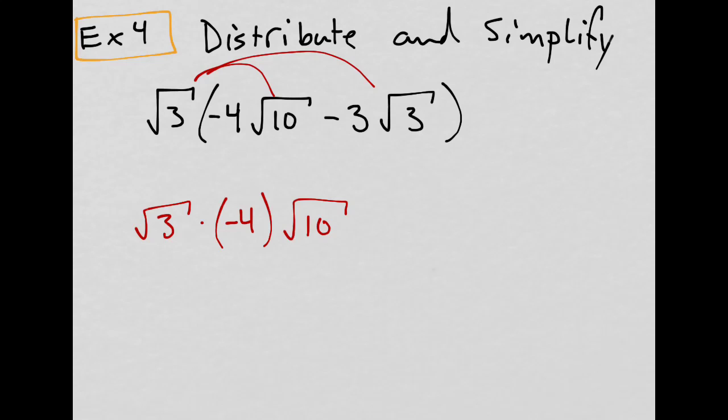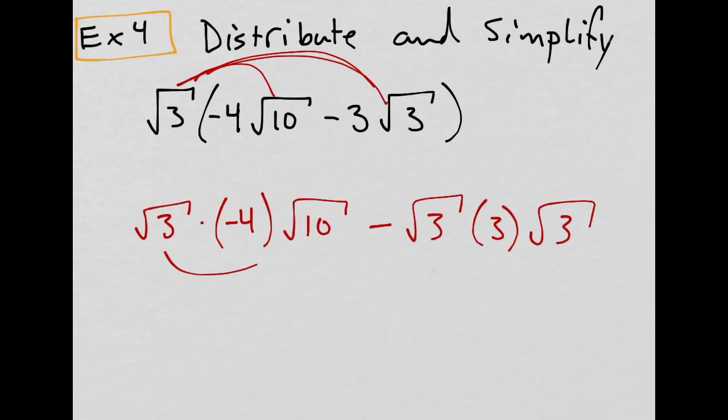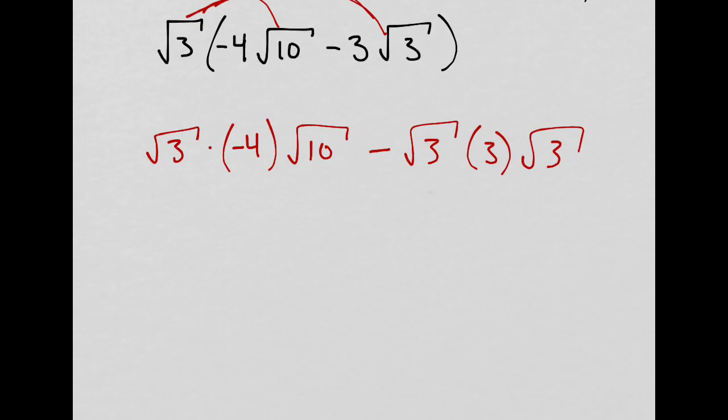We'll also have negative square root of 3, well, let's write it like this. We're multiplying this, right? So it's a positive times a negative, that's a negative. And so we'll have the square root of 3 times the 3 times that other square root of 3. Since this is multiplication, we can write this in any order, so I'm going to rewrite it. This is not steps that you have to show. You're pretty much just multiplying the insides here to get